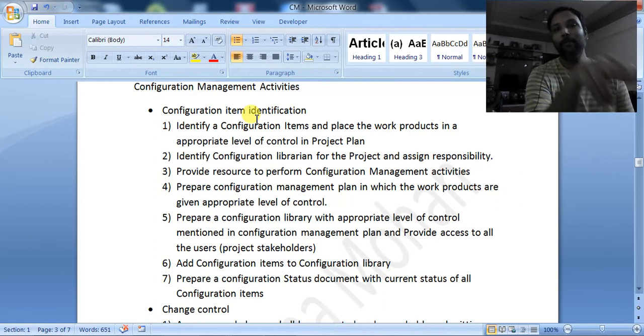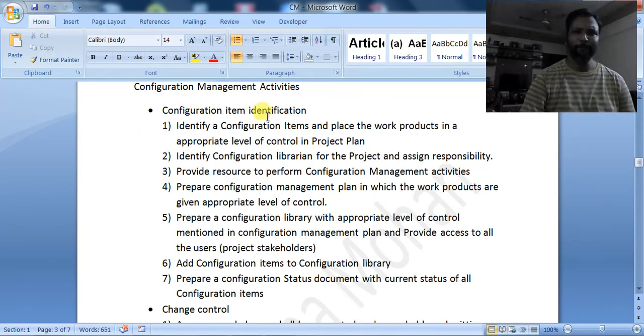Because of that ID, that document or item will be identified. That is configuration item identification. So first, we have to identify what are the documents that I want to include in the configuration management, and give some identification number to it.